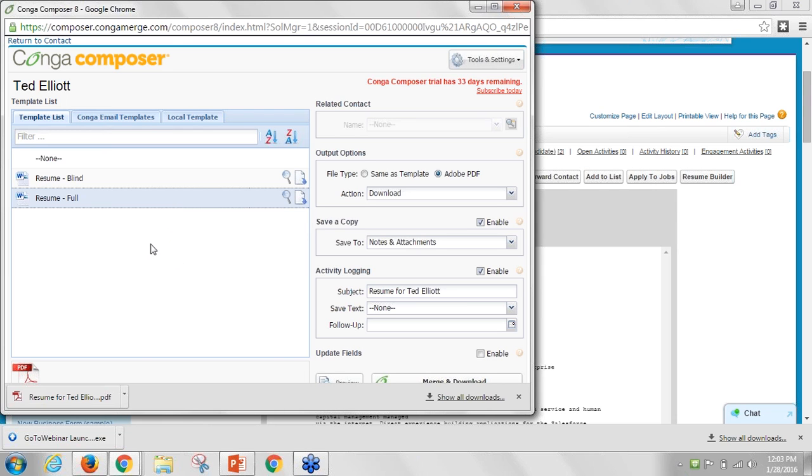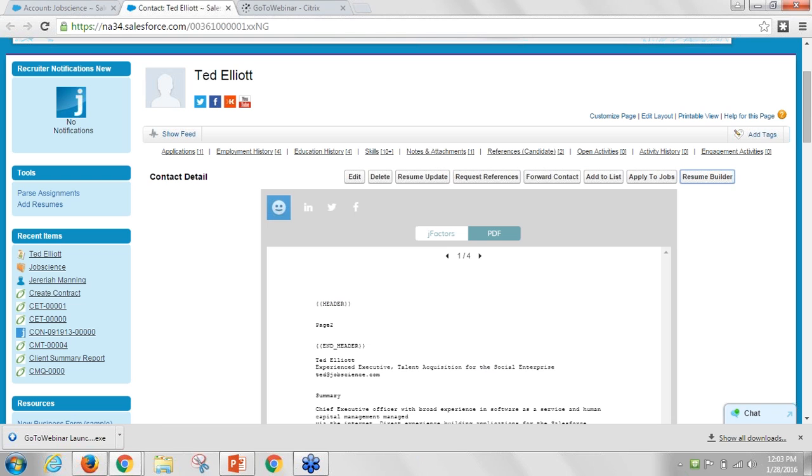We can help you at Conga to either show this, have the ability to select it. You can also jump right to a preview of the document, and then automatically send it via email, send it for e-signature. So a wide variety of ways that you can use this document solution.